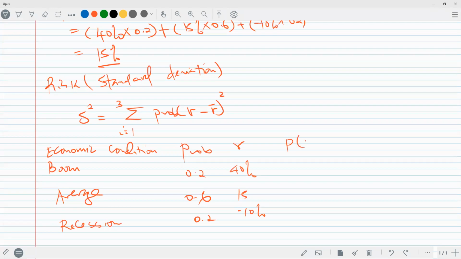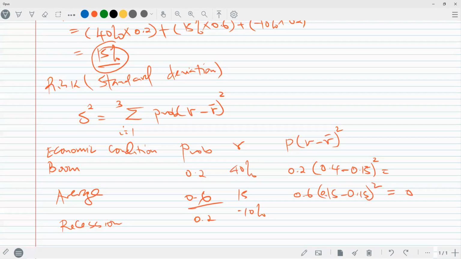Then probability times the return deviation squared. Probability 0.2, the return here is 40%. I prefer to use decimals, you can use percentages in case you want. Minus the mean return, and the mean return you got is 15%, 0.15, squared. And here we have 0.6, the probability, times the deviation 0.15 minus 0.15 squared, which will give us